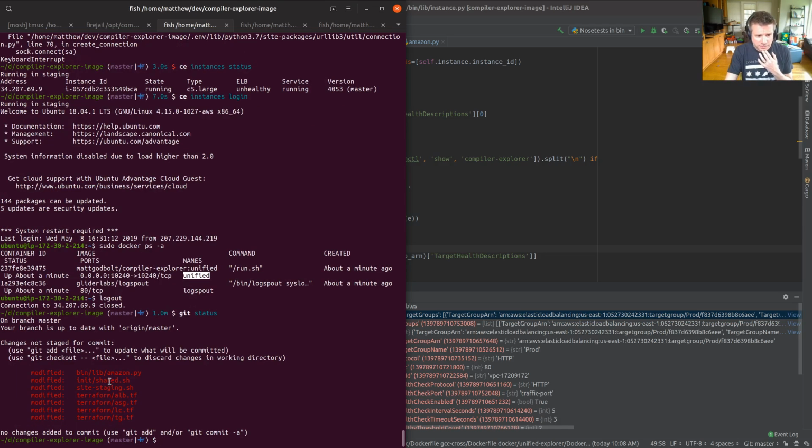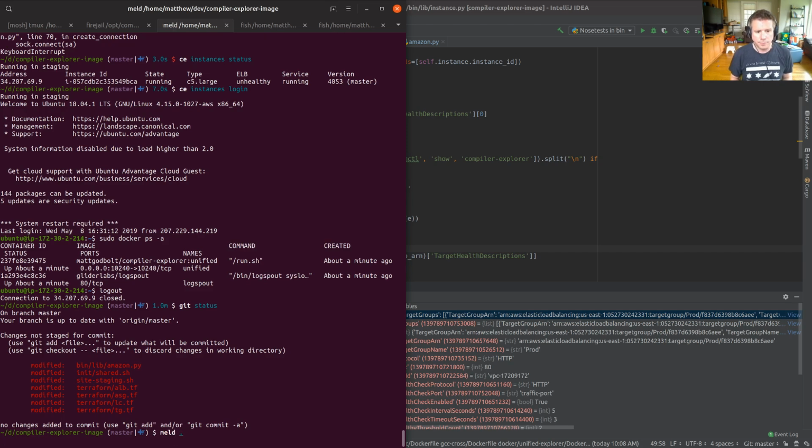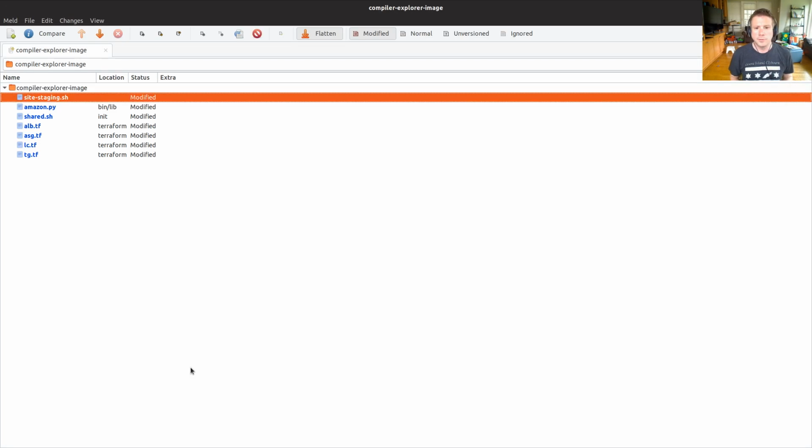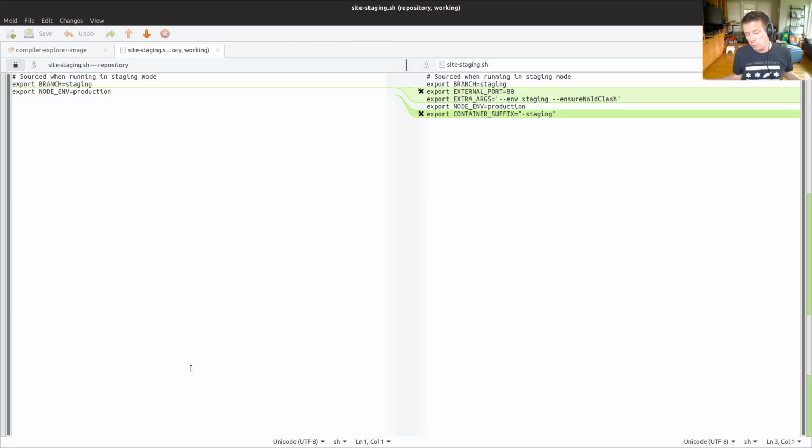So at least some of the things, this site staging, that's the thing that we need to change. I'm happy enough with everything that's here to just have a quick read through. Site staging: we changed this because there used to be something called staging, which apparently wasn't being used, and we needed it to run on port 80, which it will be running on port 7000 right now, which is why the ELB will be failing.